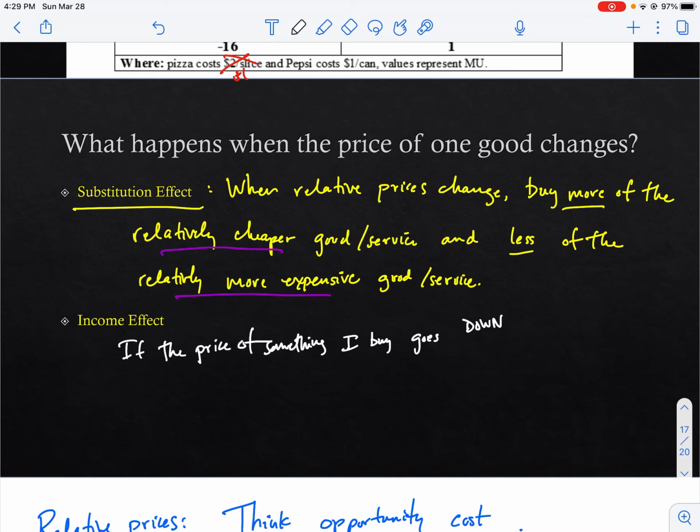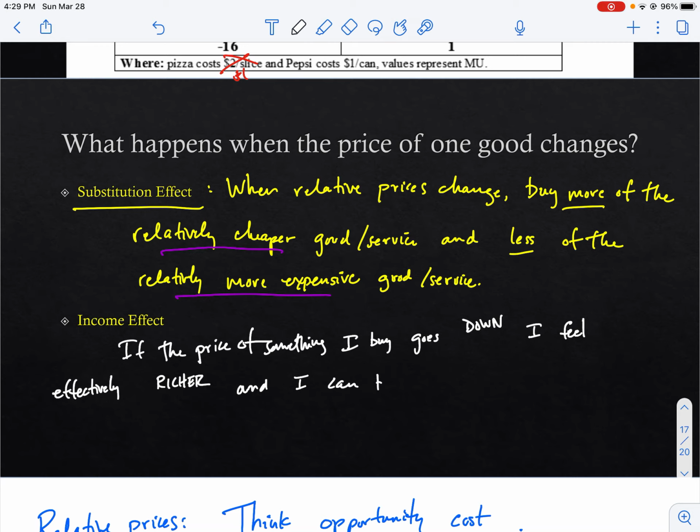But if the price of something I buy goes down, I feel effectively, here's where we're going to have room for 2 different things as well, richer,